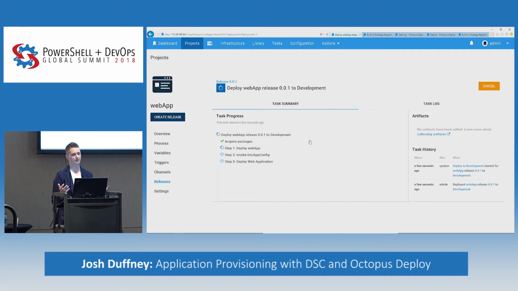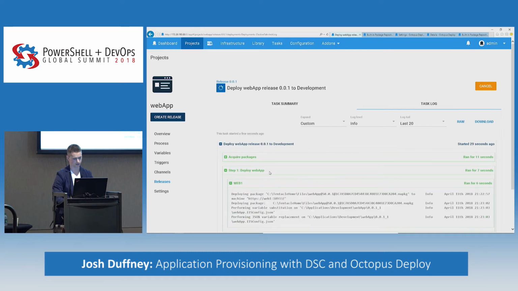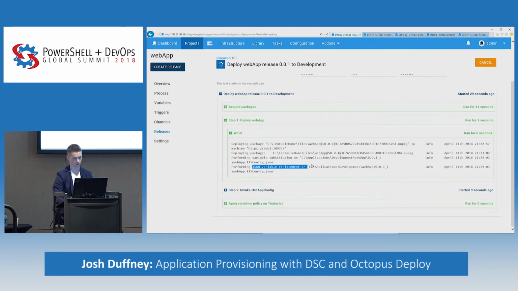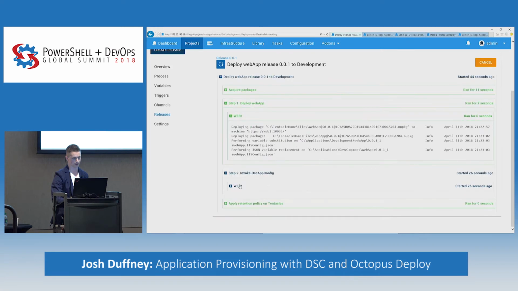The other benefit here is we actually have logs now inside the same release that the code went out of, of how the app was provisioned. So it went ahead, and you can see right here it's transforming variables in this file because it found some Octopus variables in there that it was going to transform. I have some JSON ones that replace the same value, and then it's also using it to replace that Octopus value. If we come down here to the app config,